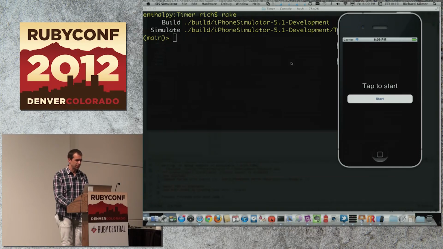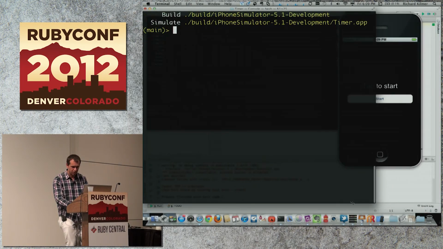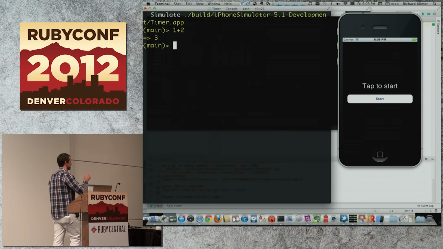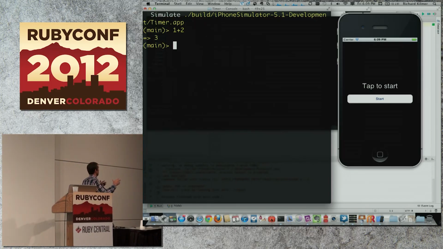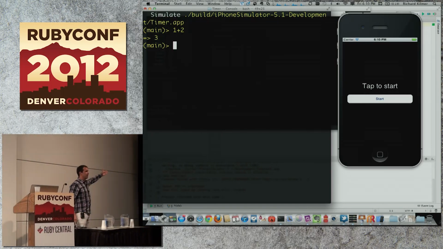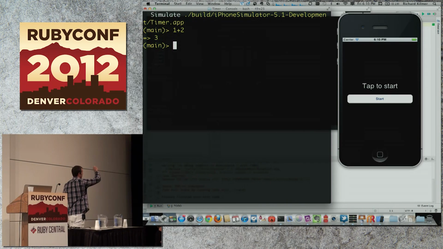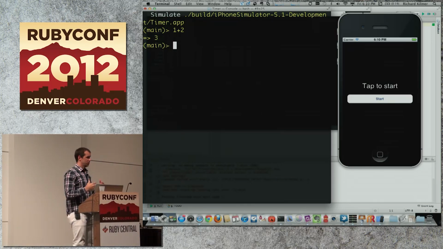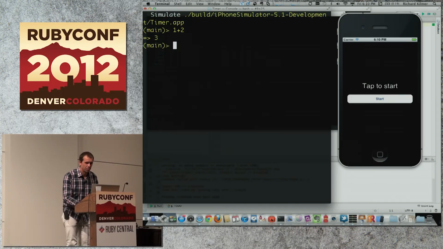Now, there's a couple interesting things that you can do here. The first thing is, I'm going to make it so that I can see both of these at the same time. First, I can do this. Now, what's really cool about that is I said 1 + 1 or 1 + 2 = 3. That looks like IRB, right? That code is being dynamically compiled, injected into the simulator, run, and actually brought back as output to your command line, which is pretty amazing, right?